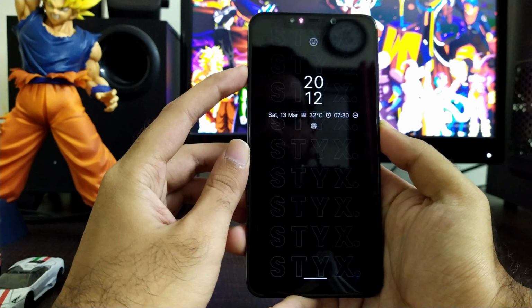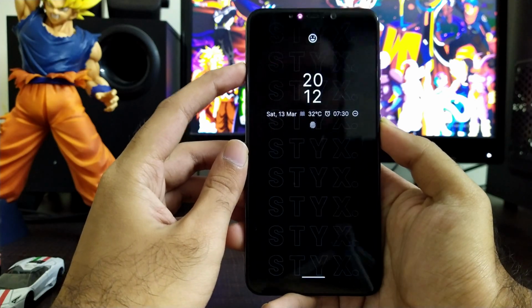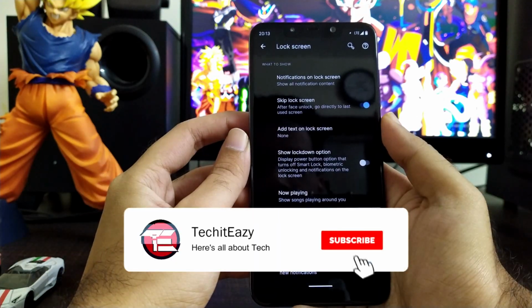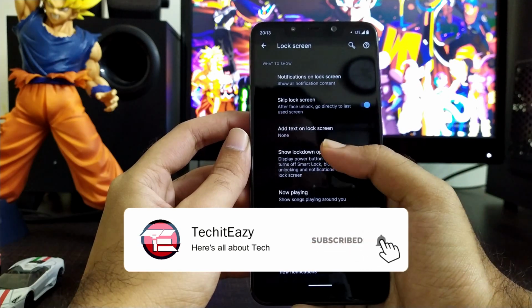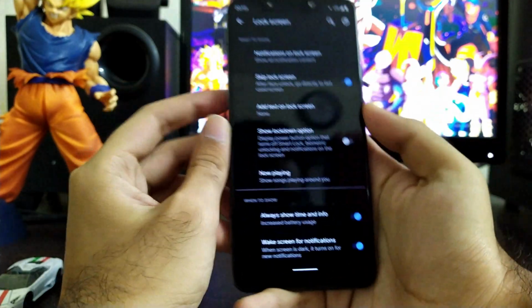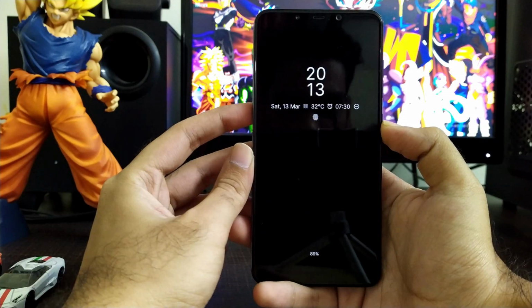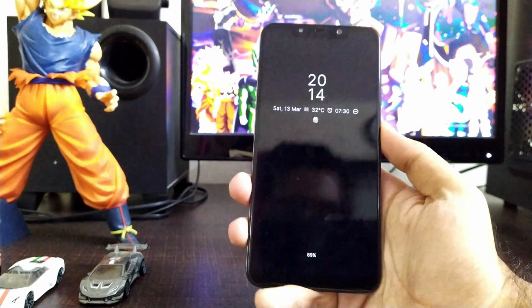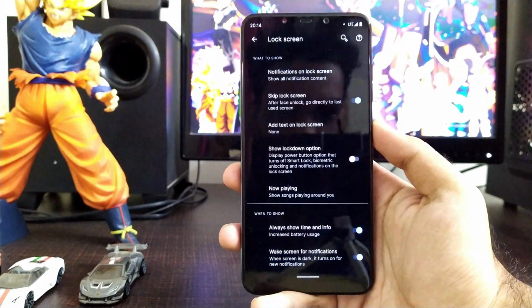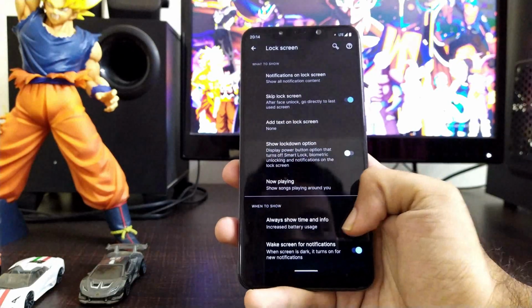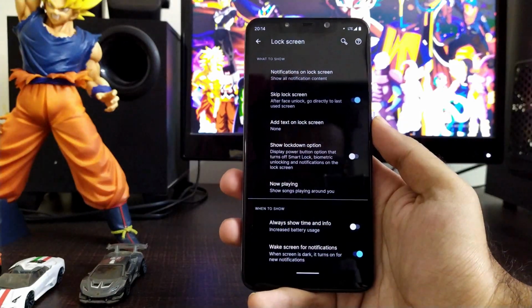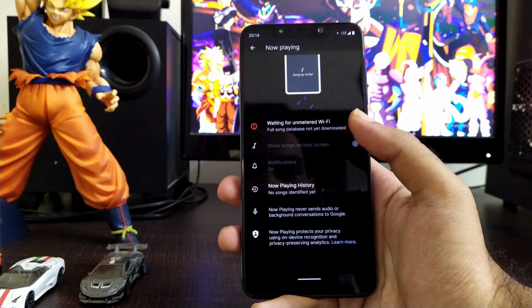The face unlock is IR face unlock, which means it will unlock in the dark itself. Moving further inside the lock screen settings, there is something called always screen on and show lock screen information, which is basically the always on display. I don't know why they didn't mention it as AOD or always on display, but this is the option you will get inside the display lock screen settings.